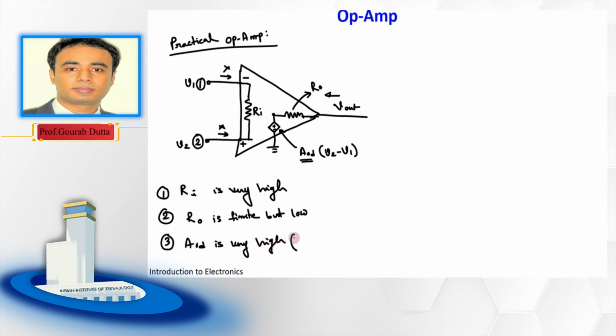Very high means it may be 1 lakh or more. So the gain is very high, but it is not infinite. Here you can clearly see that the practical op amp deviates a lot compared to the